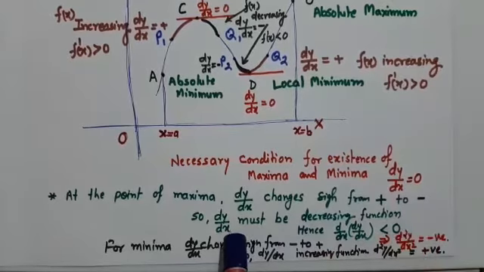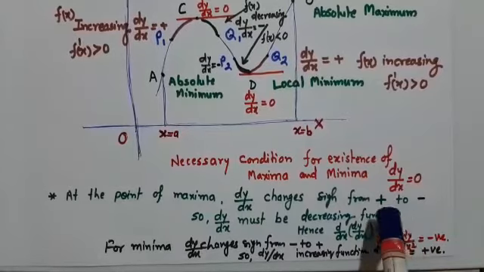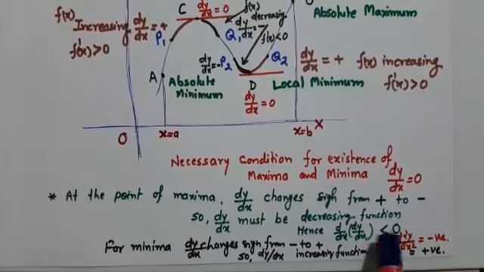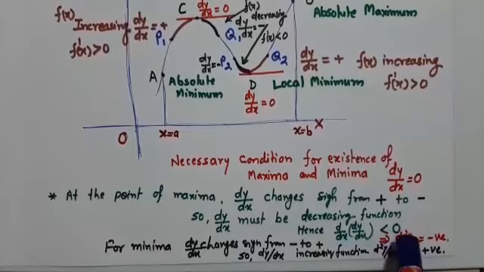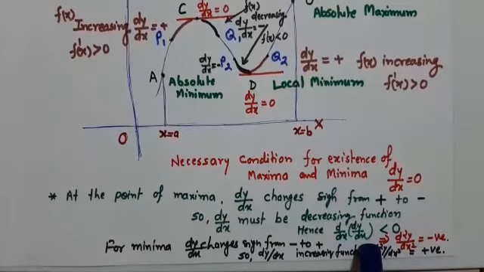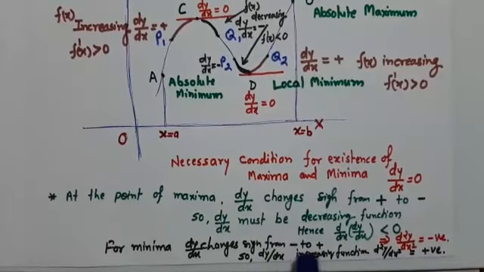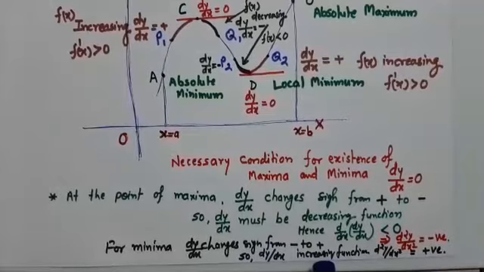And then we can say the function is decreasing because it goes from positive to negative, so the double differentiation of this will be less than 0. For minima, the sign changes from negative to positive, and the function is increasing. Then d square y upon dx square, or we can say the differentiation of dy upon dx, because dy upon dx is an increasing function, its differentiation will be positive for increasing.